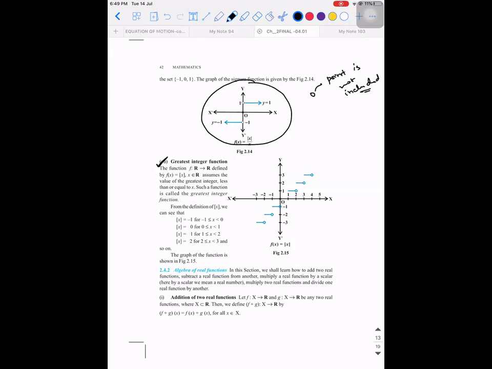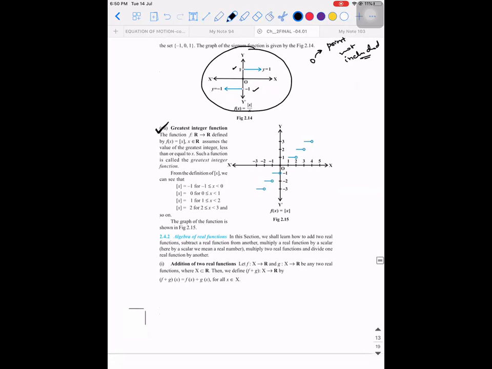So when I talk about the circle, I'm saying that if you have an open circle like this, that circle says that the point is not included. That is what I stress upon. You will see it later, don't worry about it. Next,